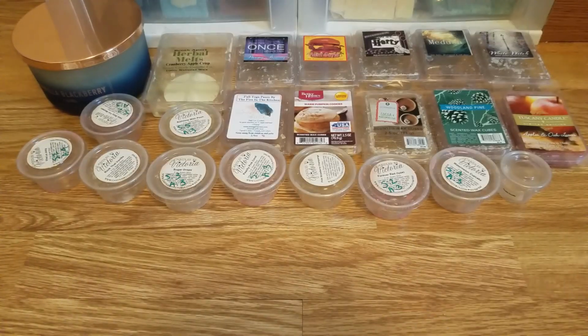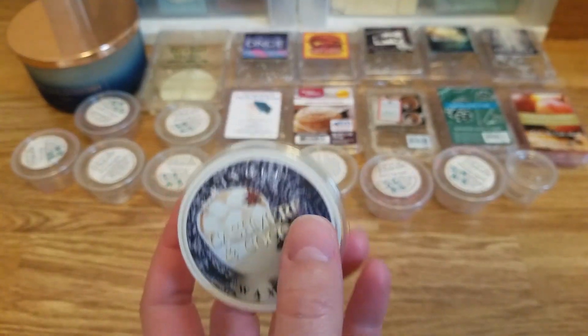Kringle. This was disappointing. It's so light. And I like the Cocoa and Marshmallows one better. Obviously, because it's stronger, but I just like the scent better. After smelling it, I like it better. This one smells more...